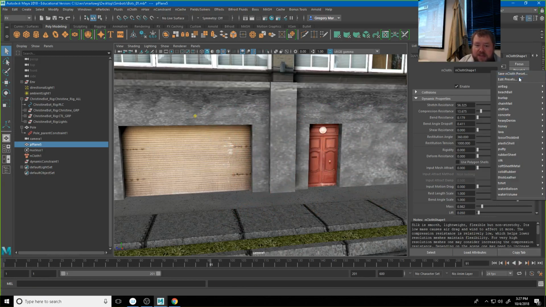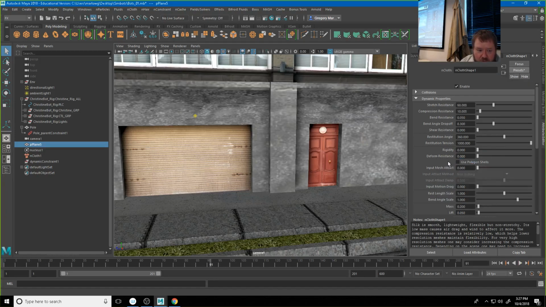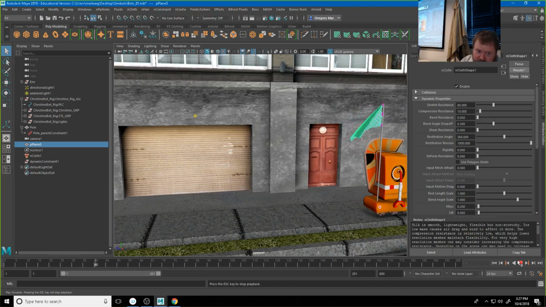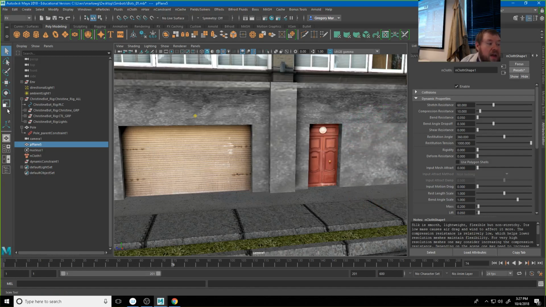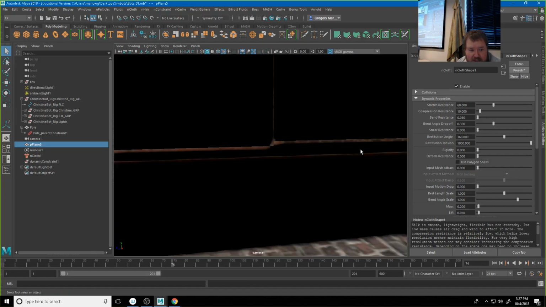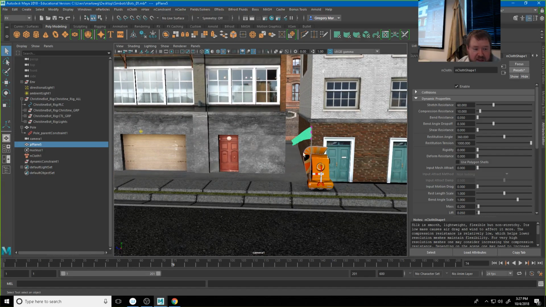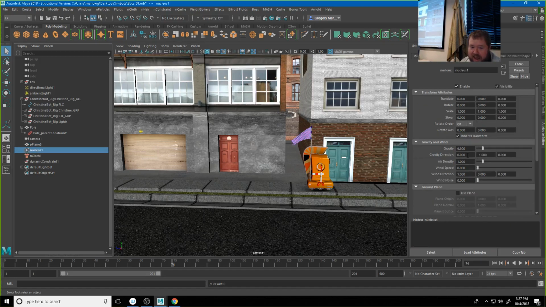So again, play with this however you like. I'm actually really liking the silk more than anything because we're getting more flapping. Again, this is just hanging loosely, right? We don't necessarily have any other forces in here other than gravity and the fact that it's being pulled by a pole, right? So we could go into the nucleus node and add just a little bit of wind speed